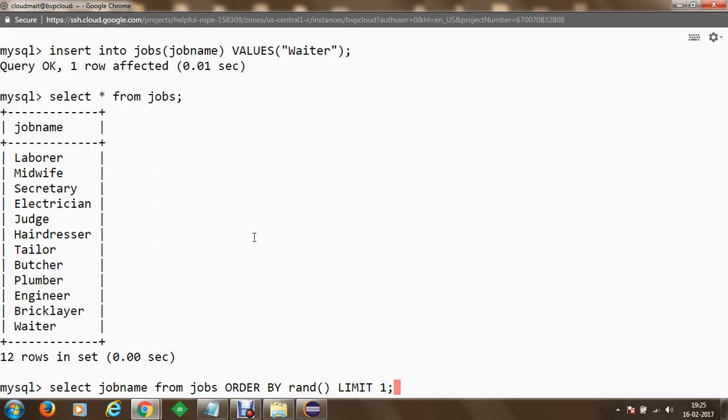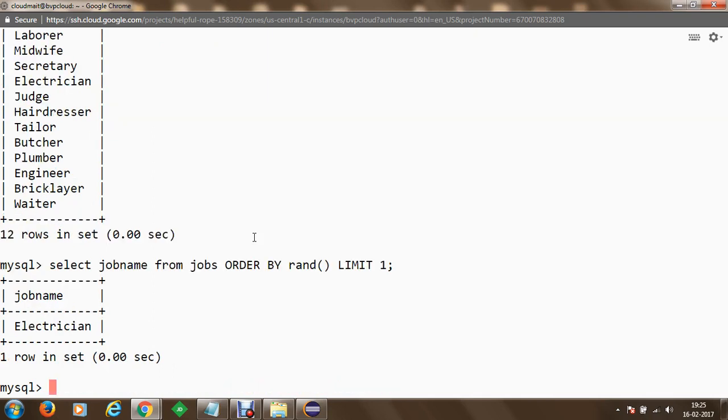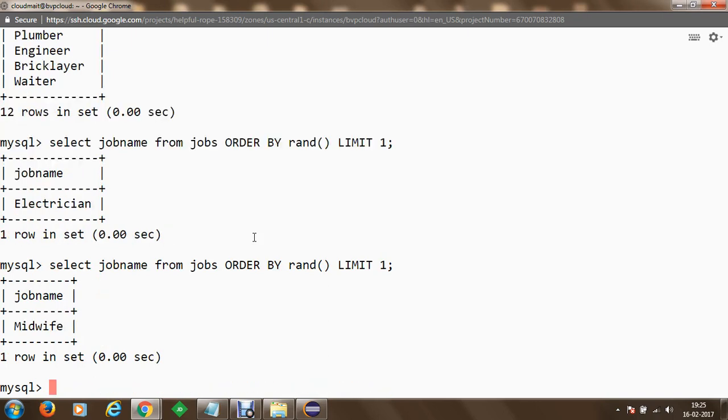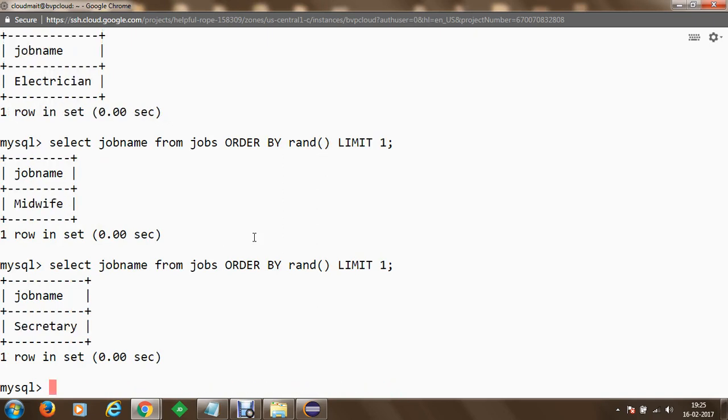If we execute this statement, we get 1 row in return. Randomly we have got electrician this time. If we execute again, we get midwife this time. If we execute again, we get secretary this time. So you can see that we are randomly accessing job name from the jobs table.